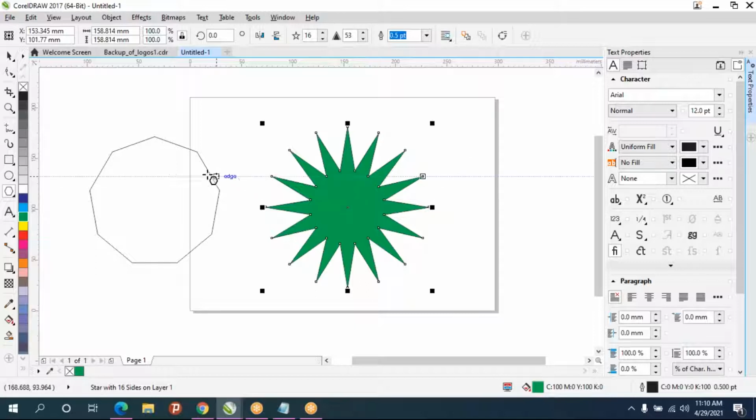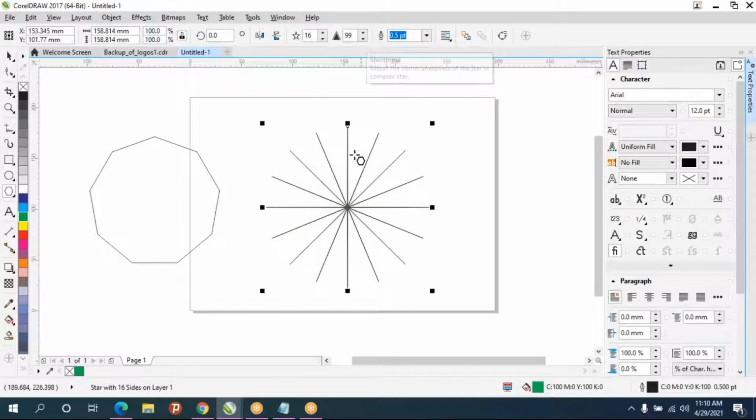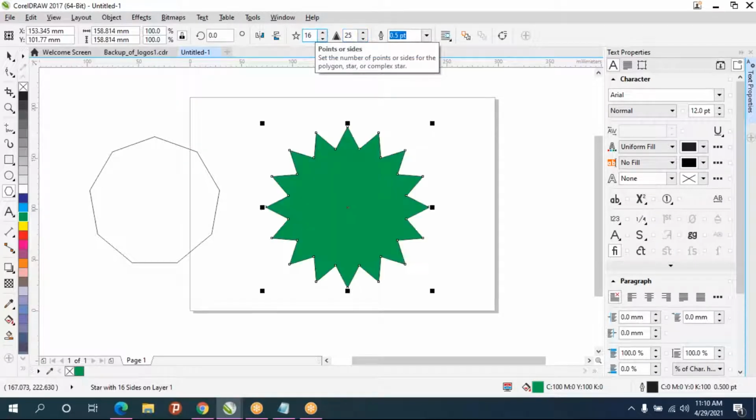But in this, one more option will be there, which is called sharpness. Just increase or decrease this value. So for example, if I give 100%, see, it looks like a line. If I decrease that to around 25, the inset value is reduced. Okay, so for that purpose we have this sharpness value.